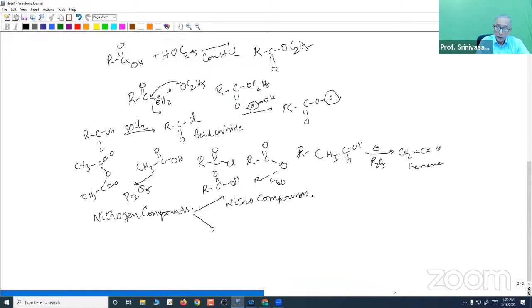In this you have both aliphatic and aromatic nitro compounds. Examples of aliphatic nitro compounds